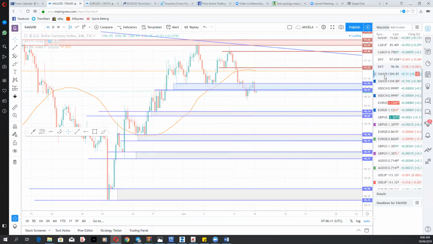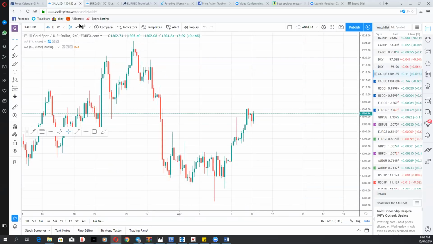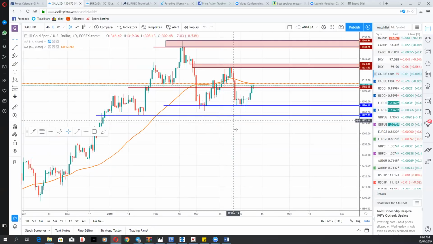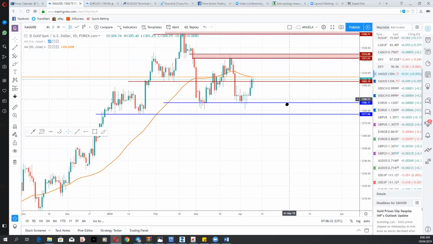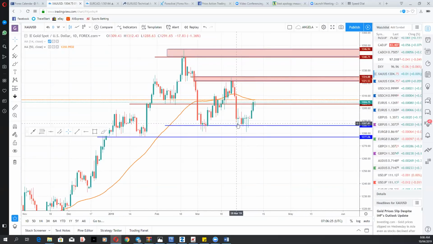The next pair we'll look at is gold. If you look at gold from the daily view to get an idea of how it flows, it's pretty bullish. But the deal there now is that it has the daily 50 moving average to contend with, so that's going to cap it. That comes in at 1306.66. That's here. A move above that level will send gold towards the 1321 to 1324 area here.